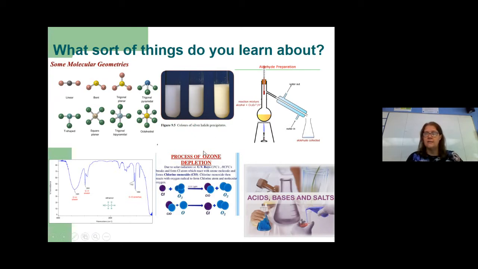Again, we'll come back and look at analysing like we did in GCSE, so making sure we can identify compounds using analysis. We've also got stuff about acids and bases, so we come back to that. We have another look at titrations and how we can use those. We've got some environmental stuff in here, looking at how ozone's depleted. Some more analysis here, identifying compounds using a machine that can help us identify it, understanding how to read these traces. And also about synthesizing new molecules. Using this apparatus, we would be able to prepare something called an aldehyde, which you would learn about.